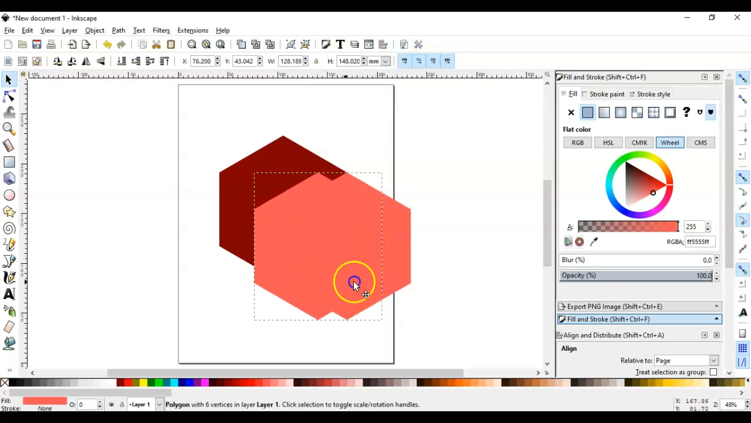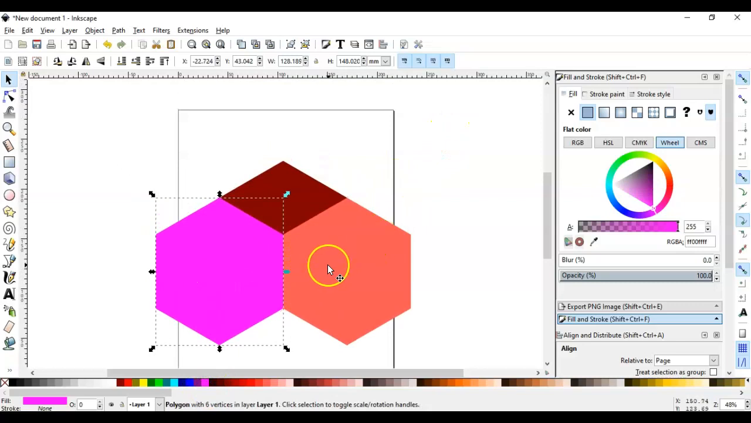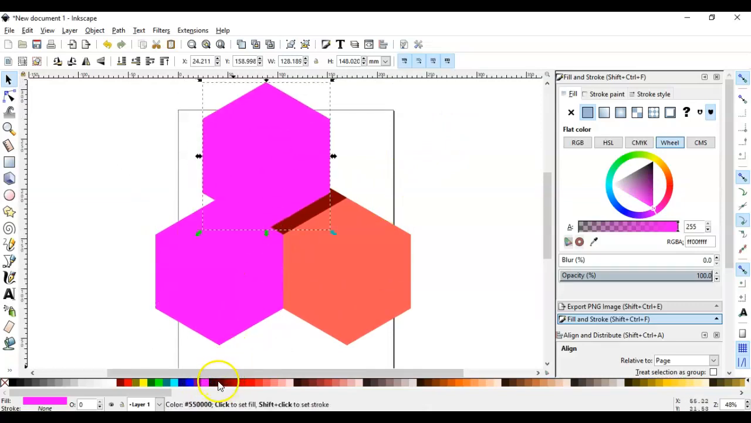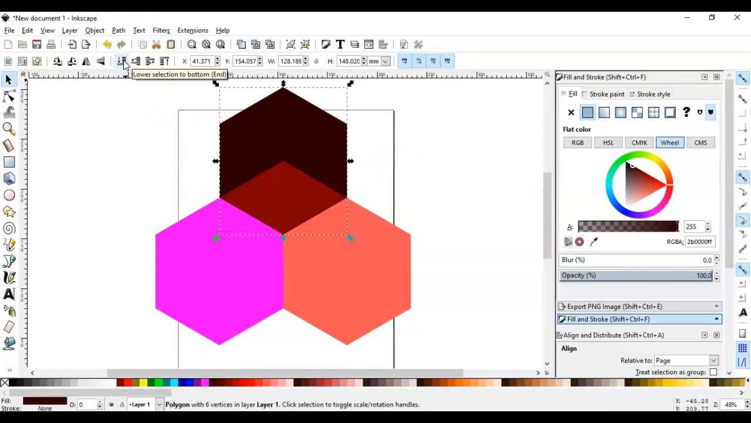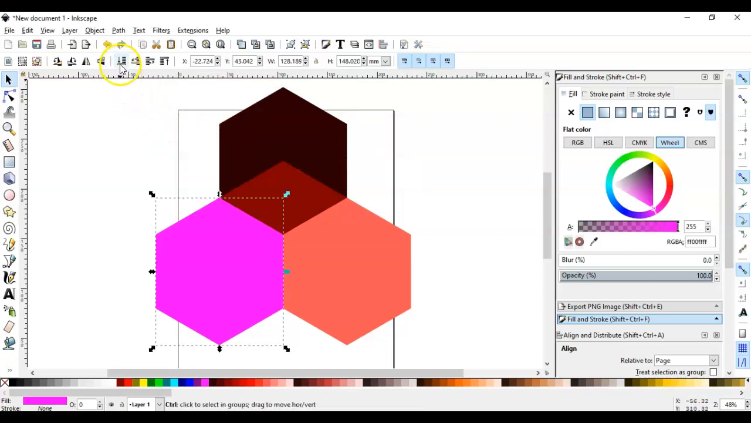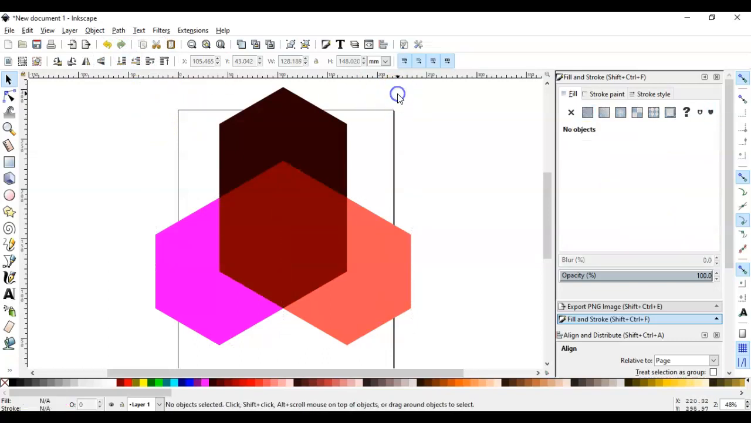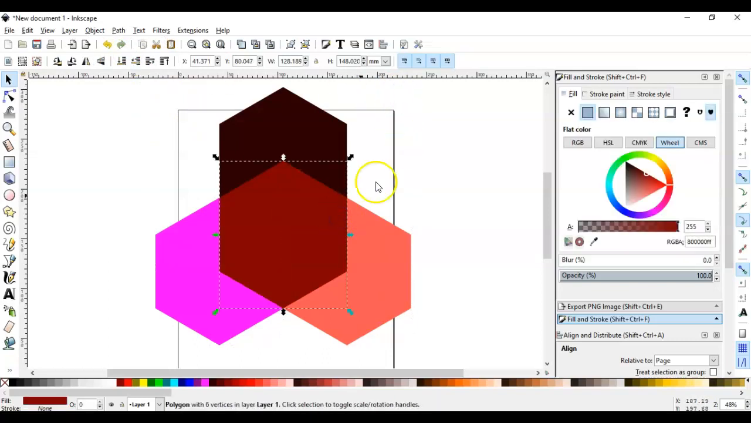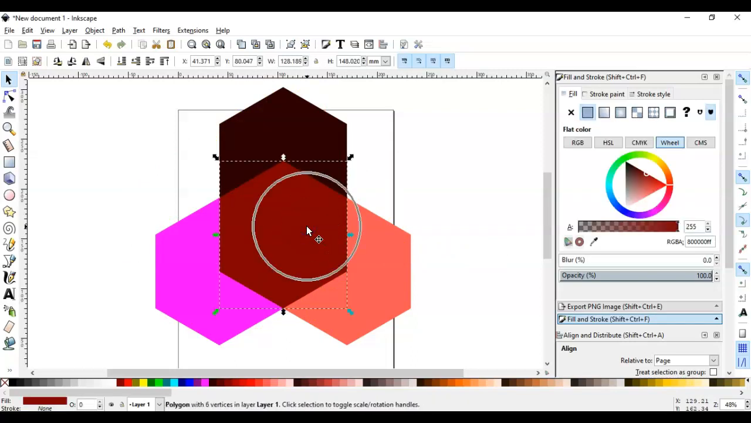Then duplicate again. I'm going to change the color one more time and snap it there. Duplicate again, change your color, snap it there. Then we're going to click on this button right here to lower the selections to the bottom. Cool. So you should have basically what you see on screen here. So you have a middle